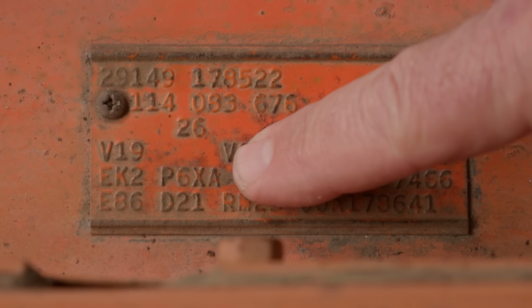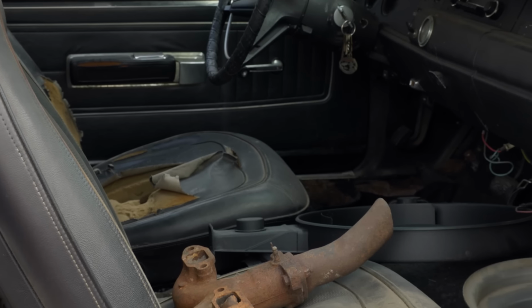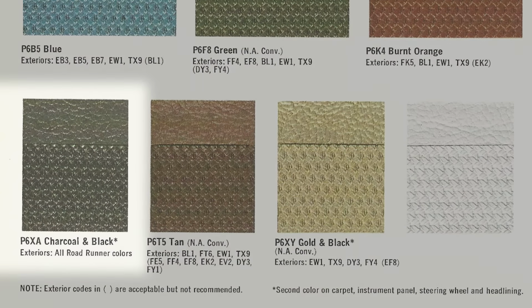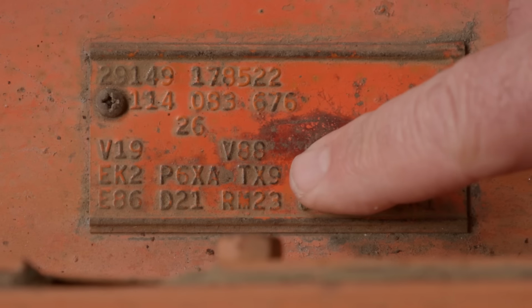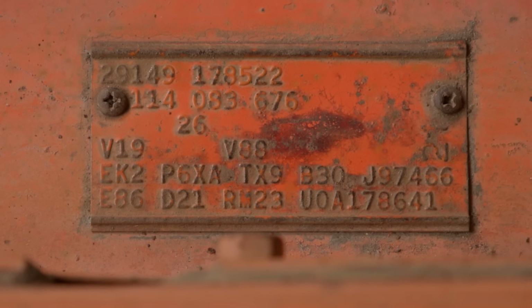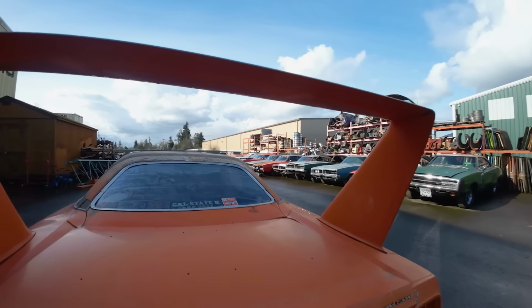P6XA, premium price class, bucket seats, all vinyl in charcoal and black. Now in 1970 it wasn't just black, it was charcoal and black. TX9, now that's the upper door frame paint. B30, all Superbirds are gonna have a B30 for the scheduled production date, even though they weren't all built B30,